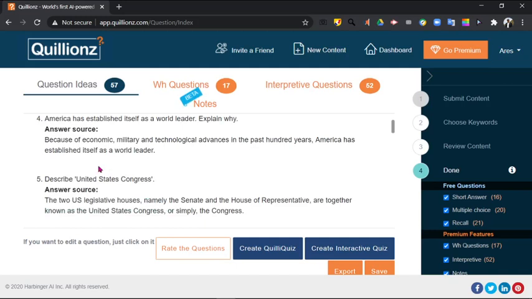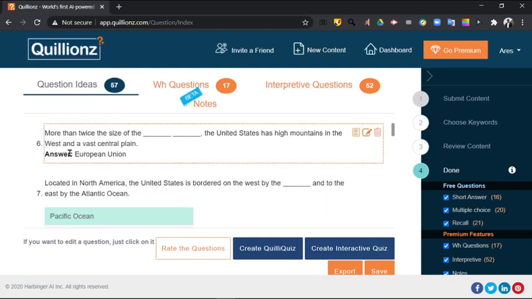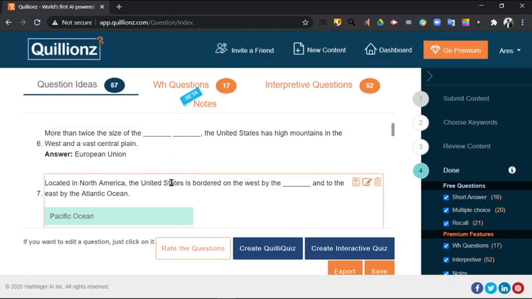Look, fill in the blanks. Okay, more than twice the size of the dash, the United States has high mountains in the west and the vast central plains. What should be there? European Union should be there according to the content. And then fill in the blanks. This is also another fill in the blanks